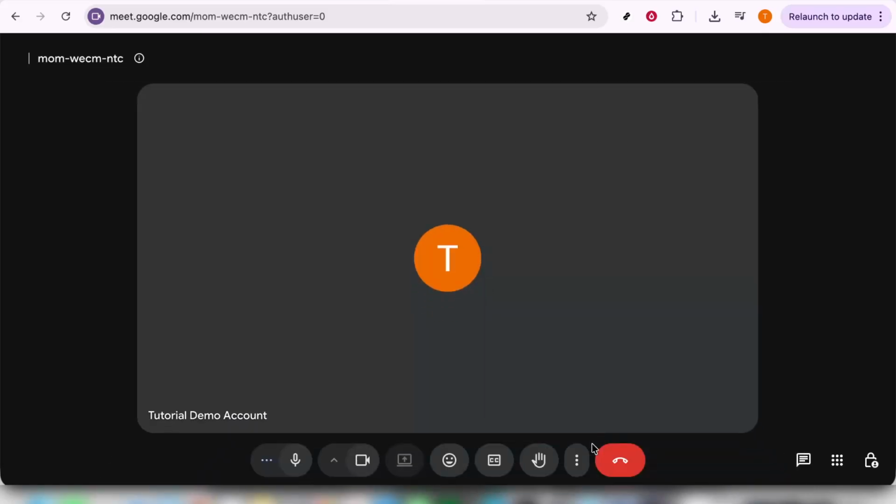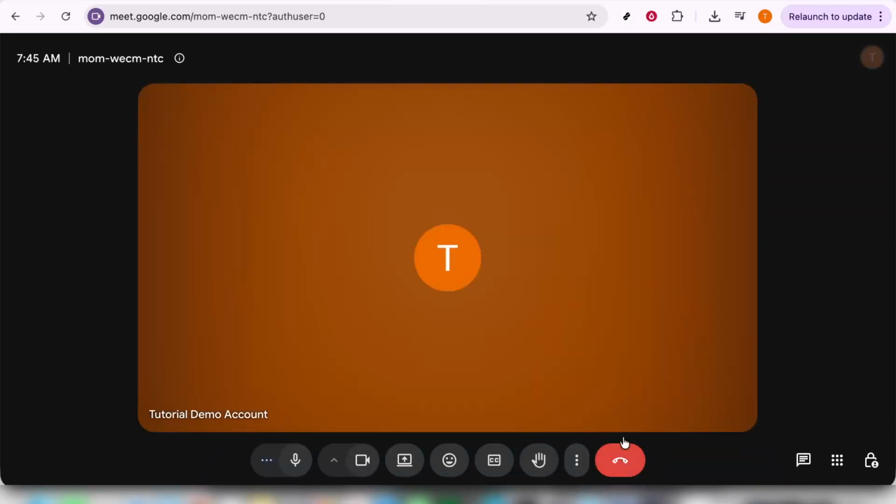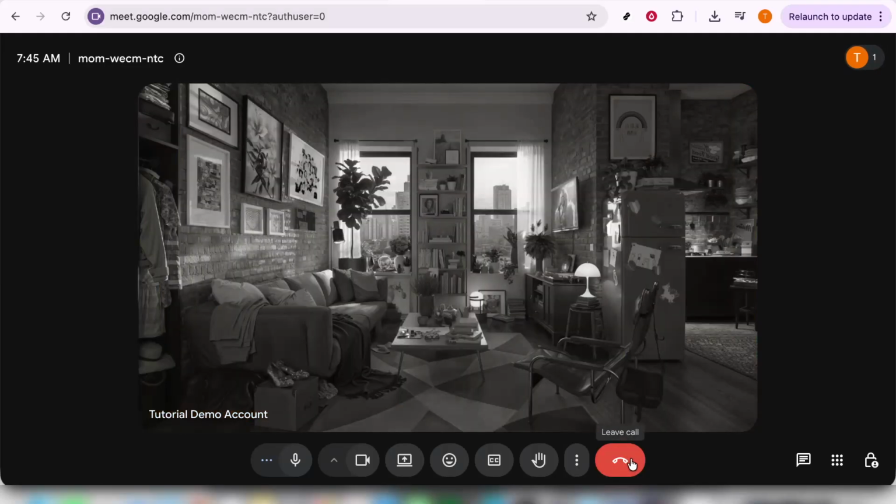Simply move your cursor towards the bottom of your screen if you can't immediately see the taskbar. Sometimes, depending on your settings or how you have the screen arranged, it might be slightly hidden to keep the space looking clean. But don't worry, a slight movement of your mouse will make it visible. With the taskbar in sight, make your way over to the red telephone icon. Hover your cursor over it, and when you're sure that's the option you want to select, go ahead and click